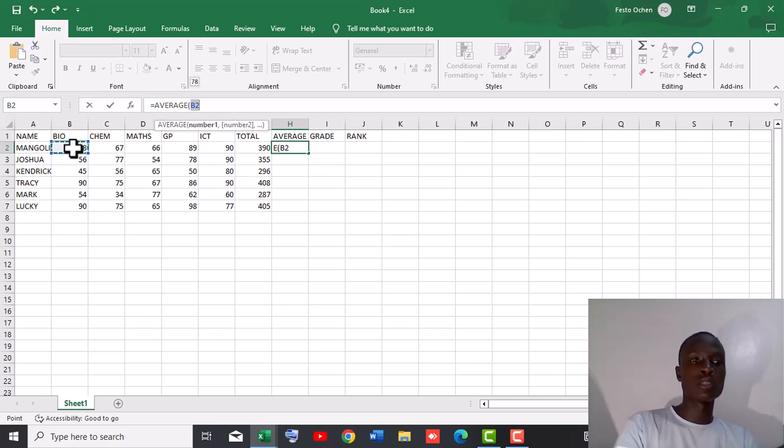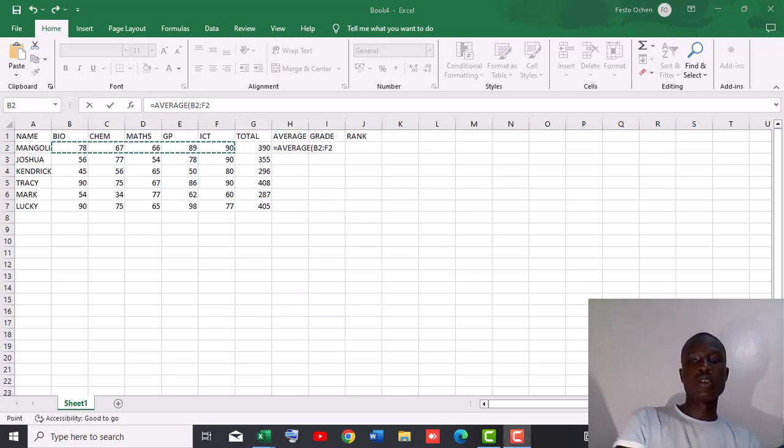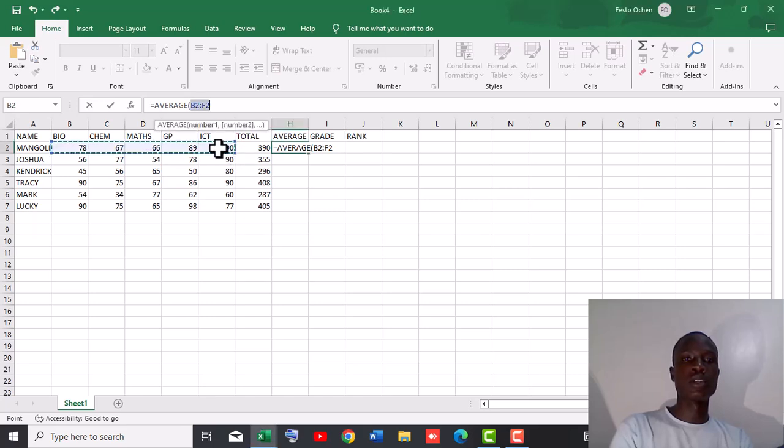So we just do the same thing as I said. We make sure we highlight from here up to ICT before it can give us the average. So that's what we are going to do with our average. So we are going to make sure we highlight this part, and then after we have highlighted it that way, of course we shall just do the usual thing. We shall press enter, and then it's going to bring for us the average. So as we see there, we are going to